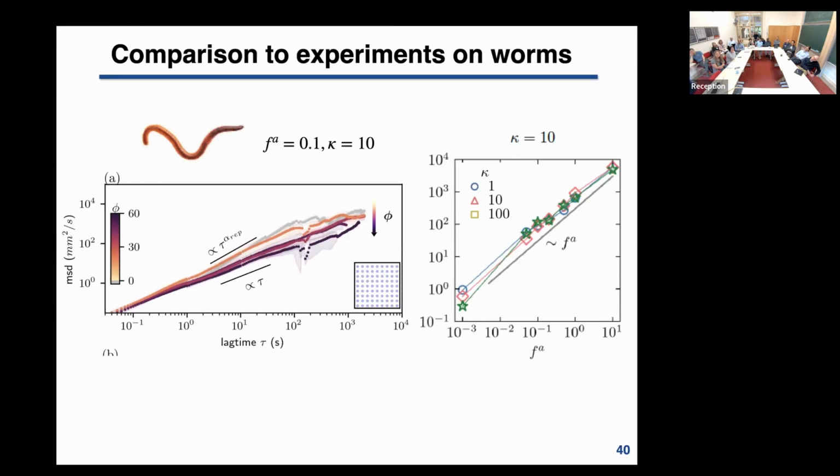I don't know exactly how to do a better job of seeing if the model fits, because they seem to have a head which has some preference, it's not fully tangential. And they see that with increasing packing fraction, there is a small decrease of long-time diffusion. For us, this is almost constant. So we are still working on it because we need better